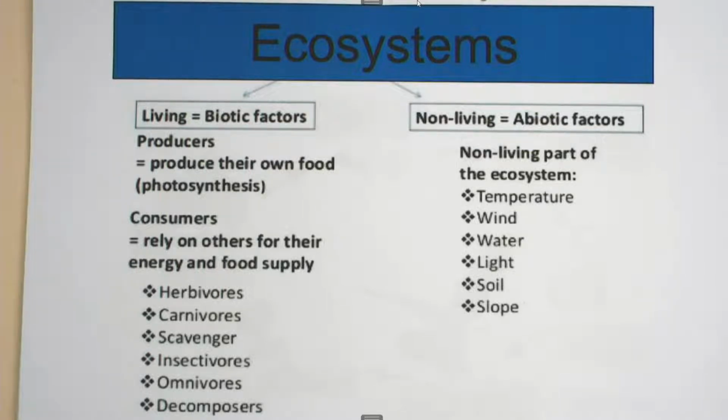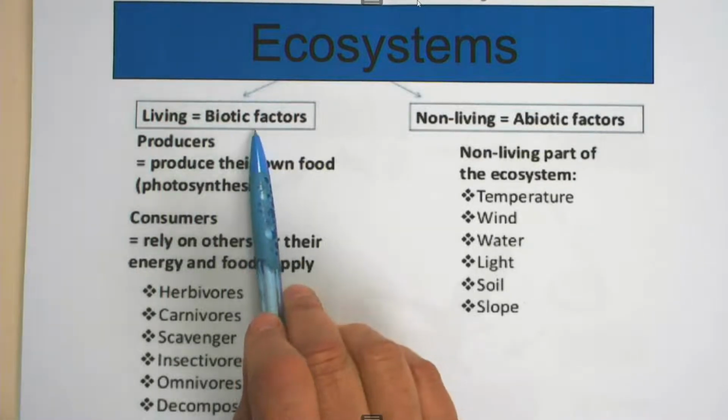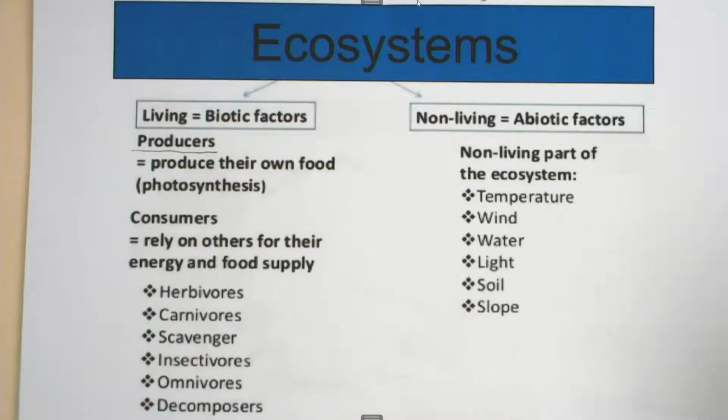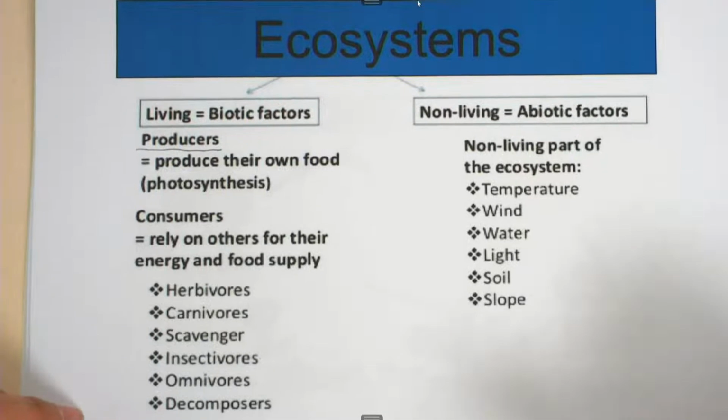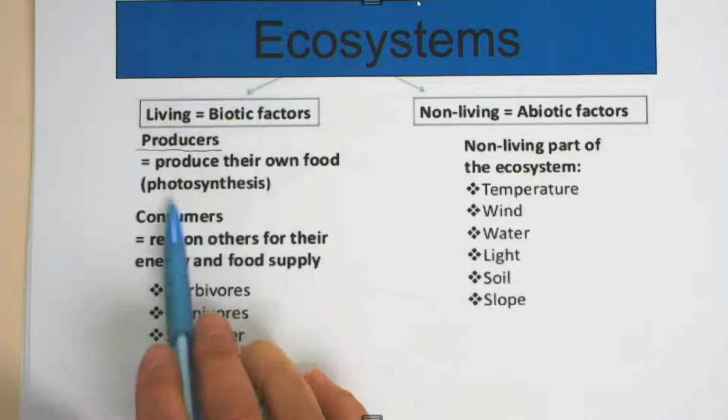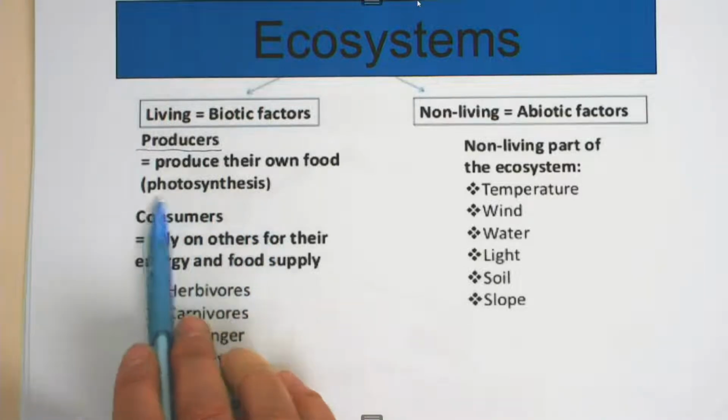So, let's have a look. You must be able to list this. When we look at the biotic factors, we are looking at the producers. Now, the word producers, you guys know it means to produce something, to make something. So, producers are going to produce their own food. And you know already the process that we use is called